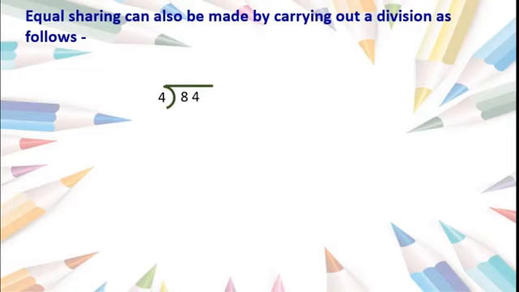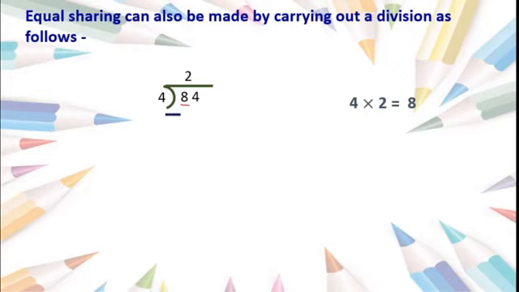So now we will recite the 4 times table. Here you can see, this 4 is in the unit place and 8 in the tens place. You can say 4 units and 8 tens. So always we must divide the tens place with the divisor. 8 tens, so we will recite the 4 times table. 4 ones are 4, 4 twos are 8. We got here 4 twos are 8, isn't it? So we will write 2 tens up, because it is tens, so we will write above the 8, the tens place.